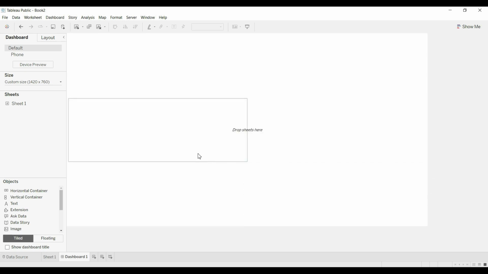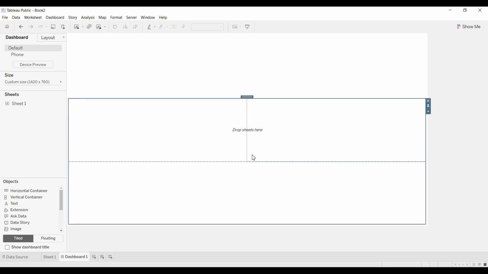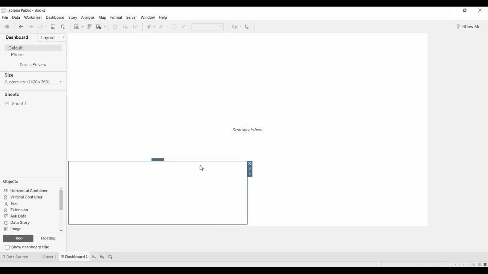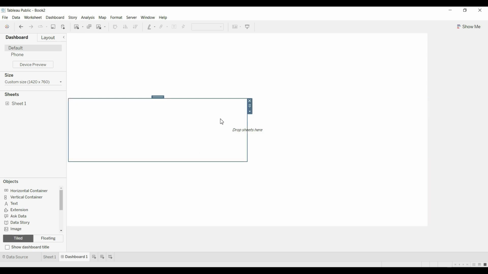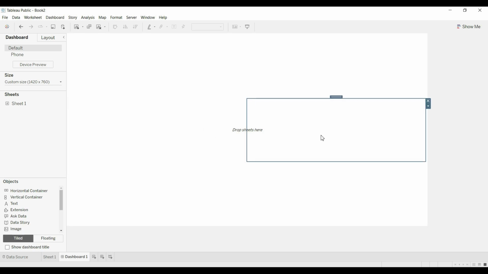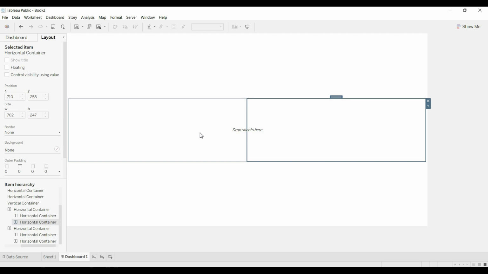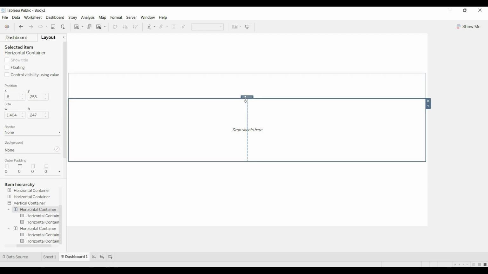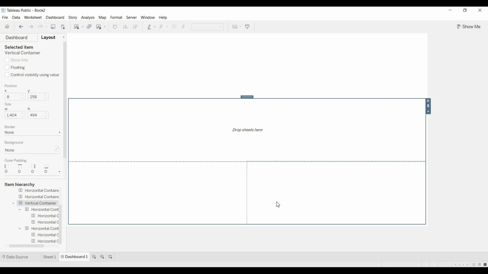Okay, so we can see that in this vertical component we have like 4 containers. So in this also I can select distribute containers evenly. So what will happen is, the width of this will be equal to the width of this. So by this, all of these four charts will have the same height and the same width, and it will be done automatically. We don't have to think about it. So if I increase the height and width of the dashboard, everything will be taken care of automatically.